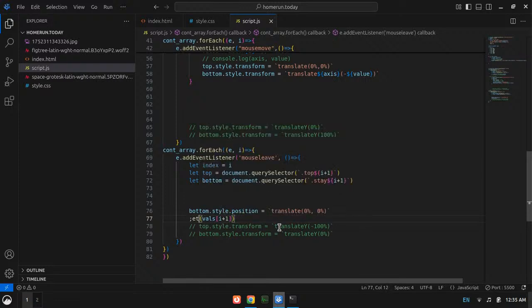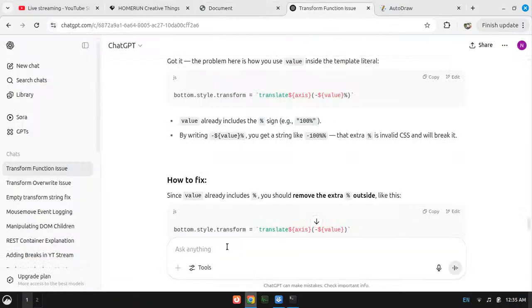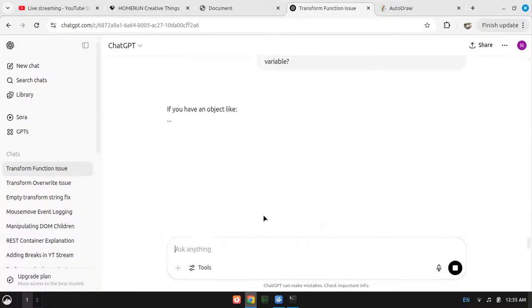Let dict equal to, and now, from an object like, let's say it is x: 100, how can I get x and 100 in separate variables? Okay, just tell me.